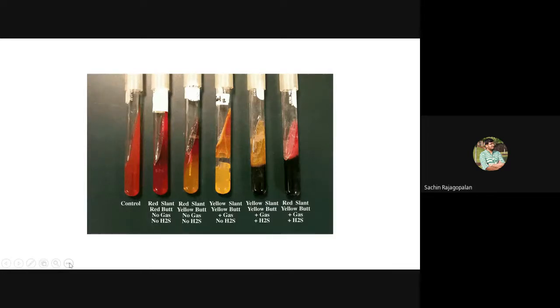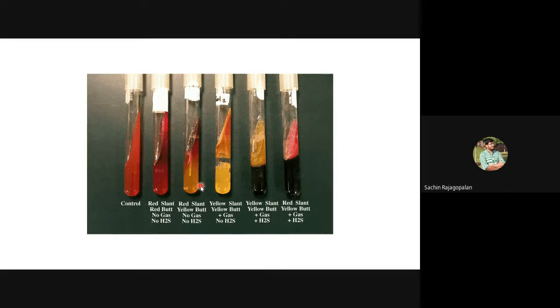So the very left-hand side, as you can see, that is the control. This one is my control. This is where I do not have any inoculum. You can see it's orangish in color. Look at the next slant. You can see that there are no bubbles, no upliftment, no cracks. So there is no gas production. There is no blackening also, so no H2S. And I can see both the slant as well as the butt are red in color, which means that it cannot utilize any of the sugars which are there in the agar medium, right?